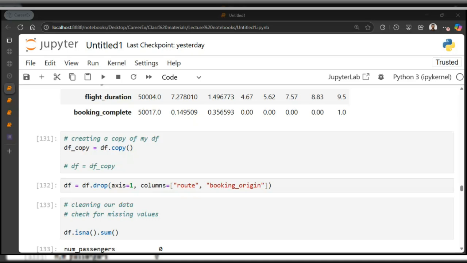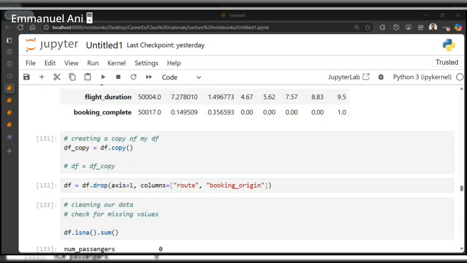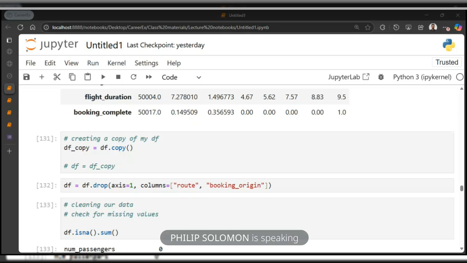So if you have a lot of null values in a particular column, you don't have to start trying to figure out how to replace them. Just drop the column, don't drop the null values. Okay, don't drop the null? If you drop the null values, that means you're dropping more than half of your data set, because you drop other columns too. Drop the column itself, don't drop the null values. I hope that answers your question.